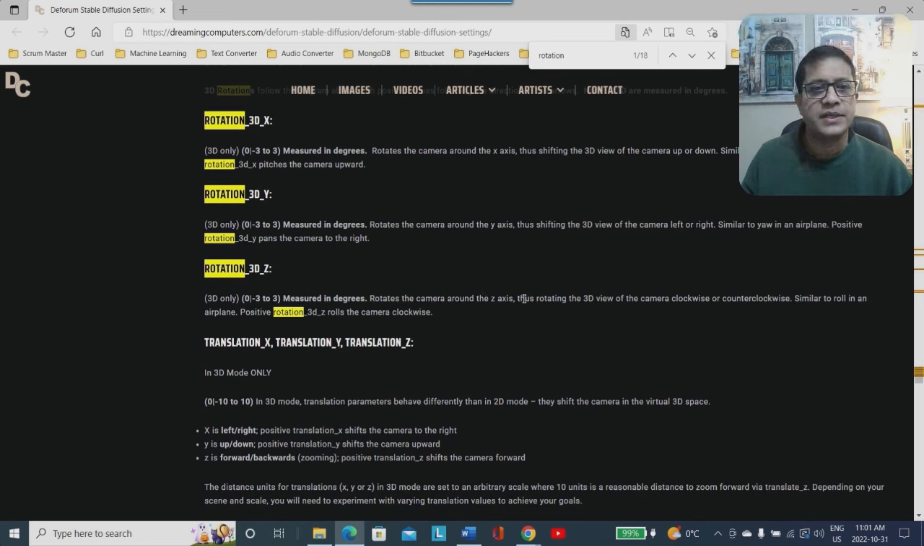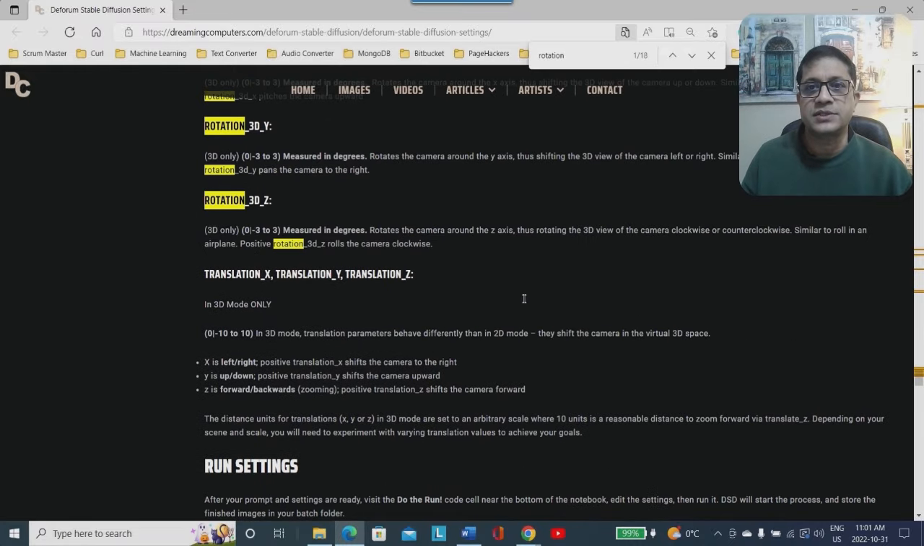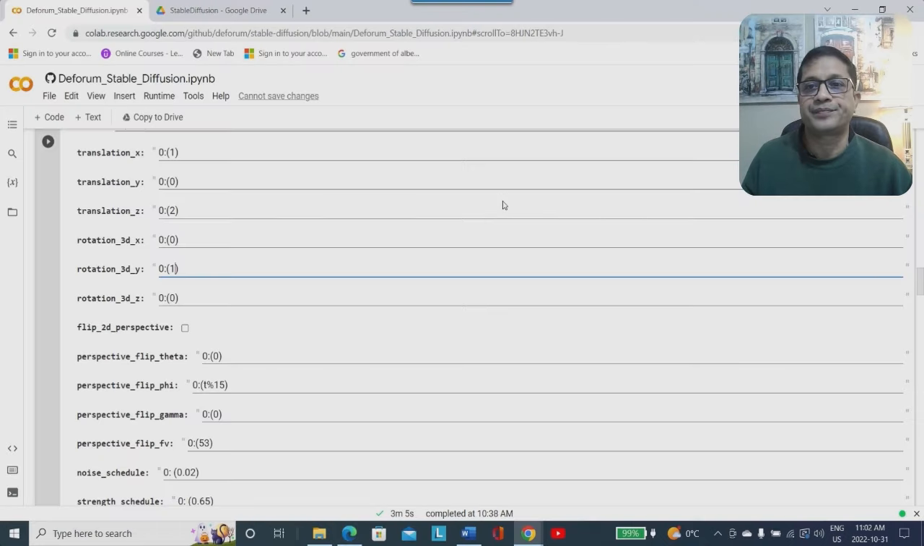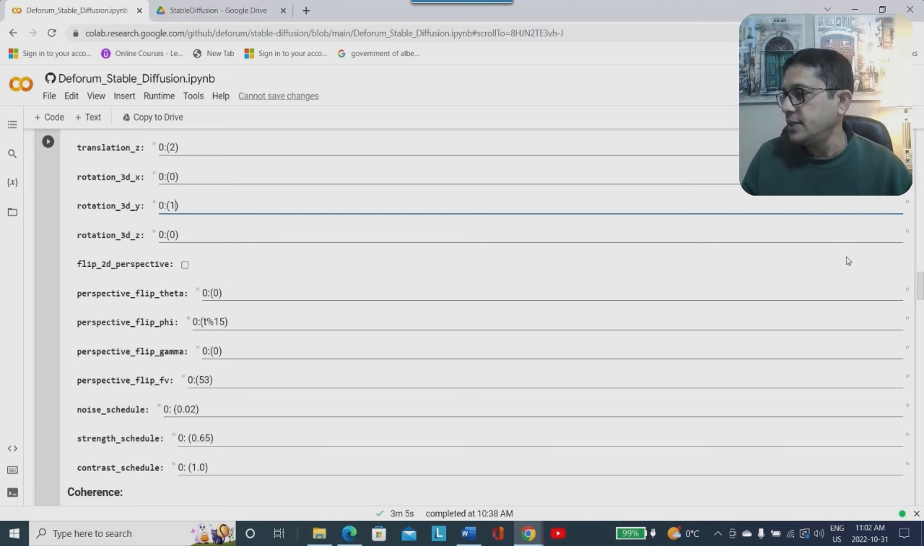I think there are some neat diagrams here somewhere in this cheat sheet, which I'm not going to show you right now for the sake of time. But again, you have that. You can refer back to that and look at how those rotations work. Now let's just go back. So we're leaving it to 0 for rotation 3D Z. All right, so